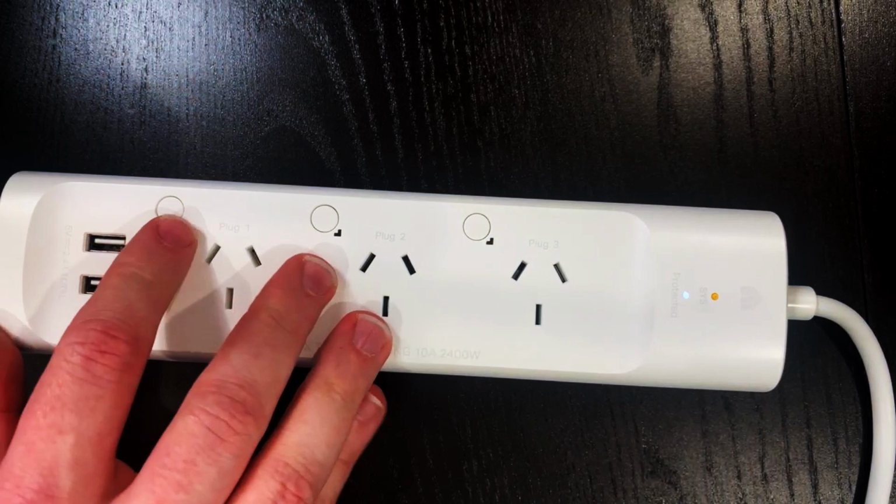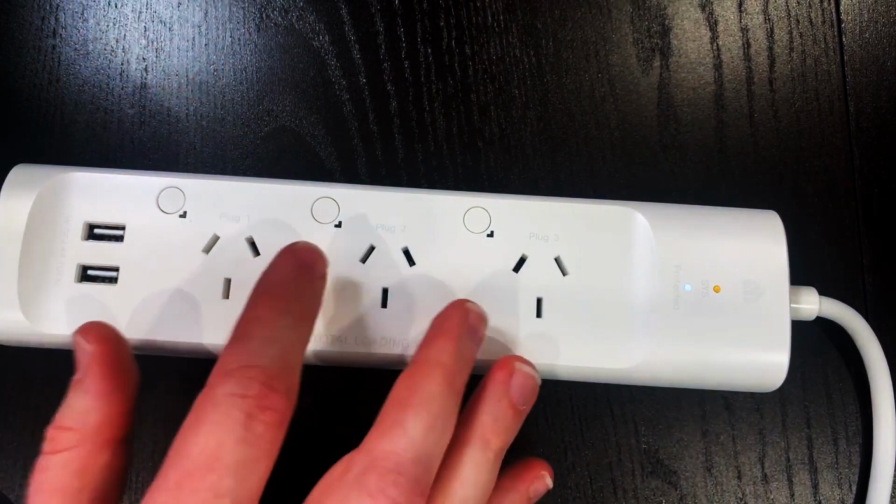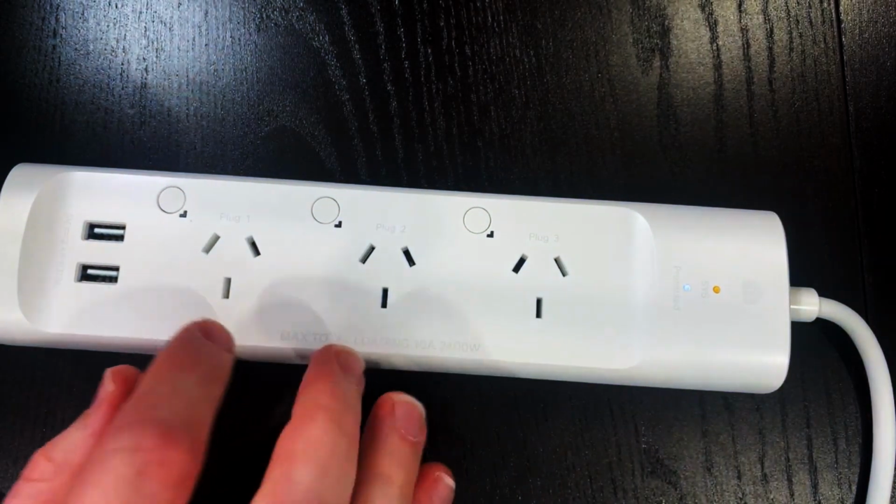So the build quality feels really good, and that's not particularly surprising considering my feelings on the KP110 and the KP115 and also the HS110 smart sockets from TP-Link. The length of the pigtail cable is a little bit over 1 meter. It's about the same as what you would expect from most power boards. So now that we've taken a look at the physical unit, and I'm pretty happy with it, let's pop over